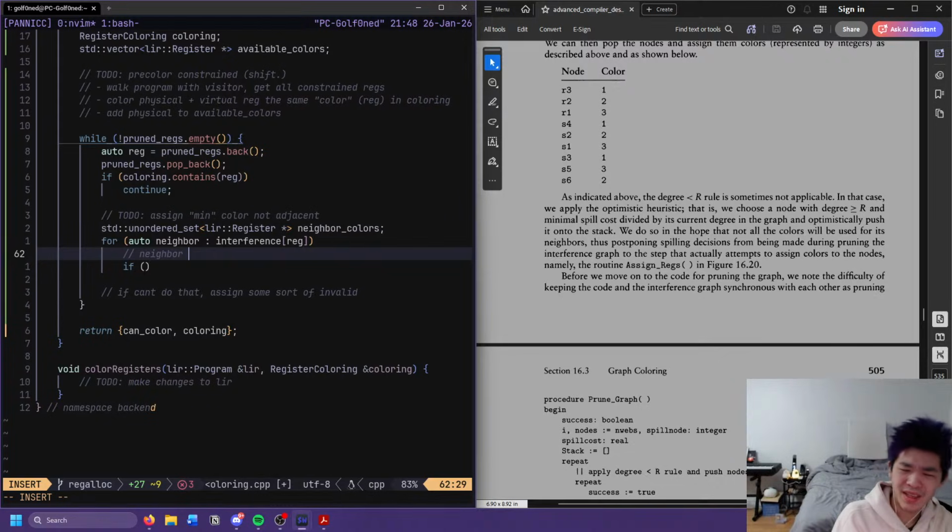So if coloring contains neighbor and... I think that's what we need, right? I think that's kind of it.